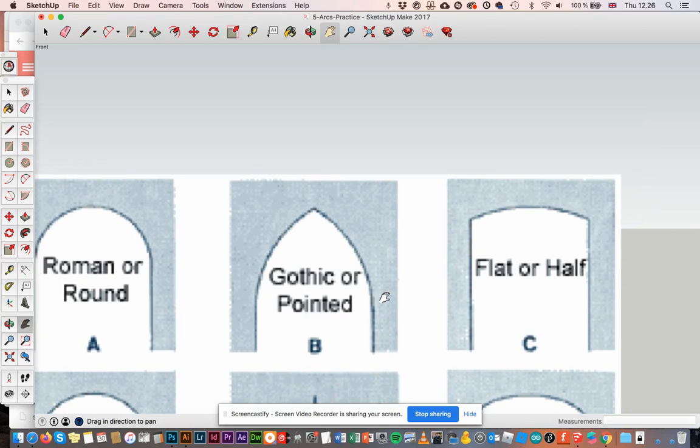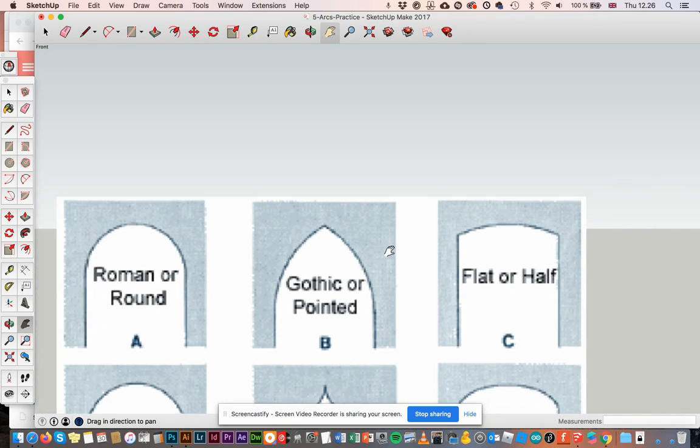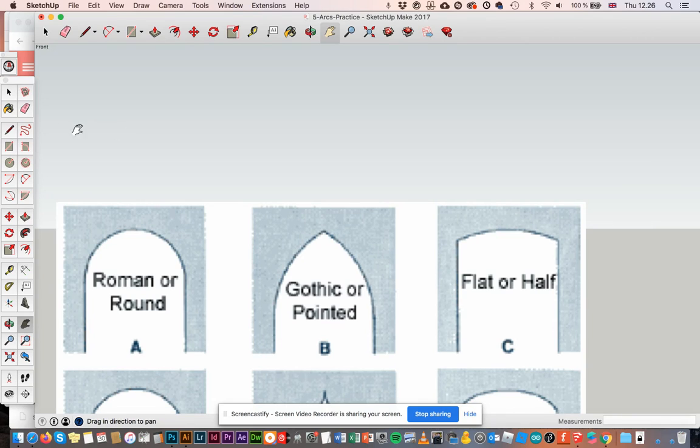So the first question is, how do you create a mirror image of something that you draw, an object or a line? I'm going to show you. Let's start by drawing a curve. So I want to create a mirror image of this curve. To do that, I'm going to use my scale tool. Scale tool, this one,